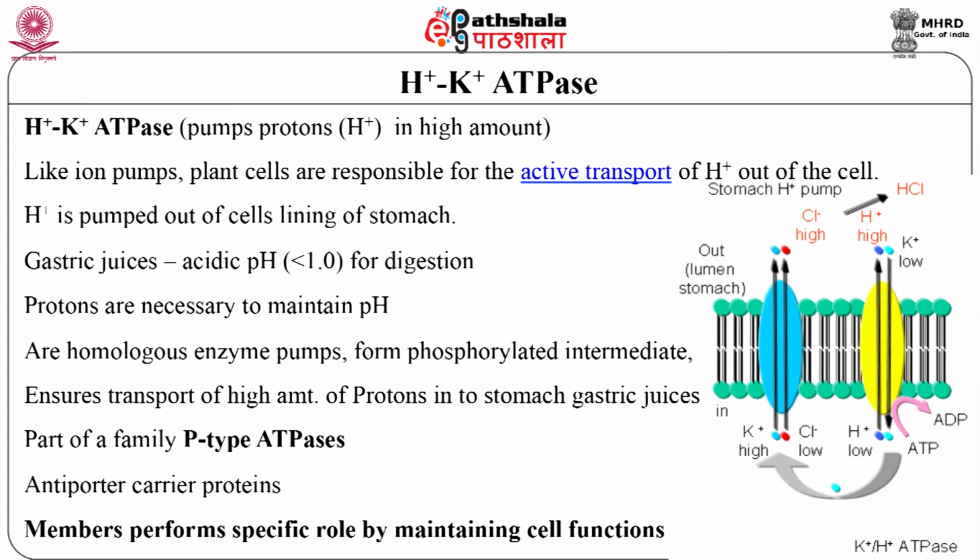Such a low pH is required because the stomach is responsible for digesting all the food and fluids that enter it. Thus, the gastric juice needs to be acidic enough to dissolve and break down anything that needs to be digested. These three pumps are all part of a family known as P-type ATPases. They are called P-type ATPases because they all form a phosphorylated intermediate during their reactions. Hundreds upon hundreds of known homologues of these pumps exist within the P-type ATPases, and each plays a definite role in maintaining the function of a cell.